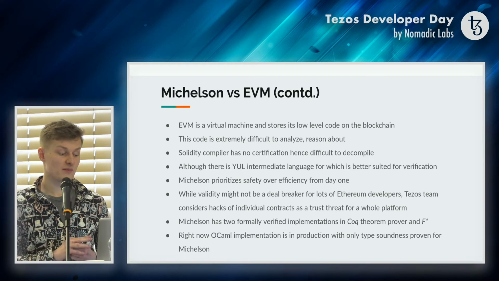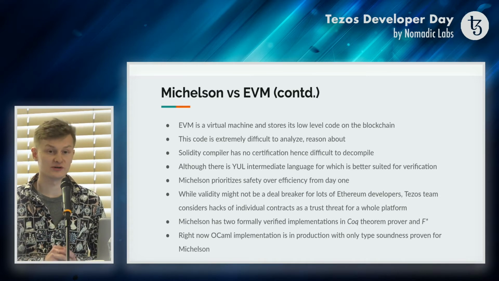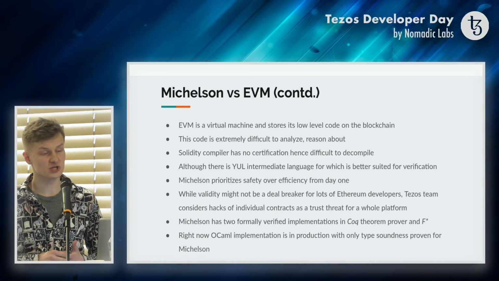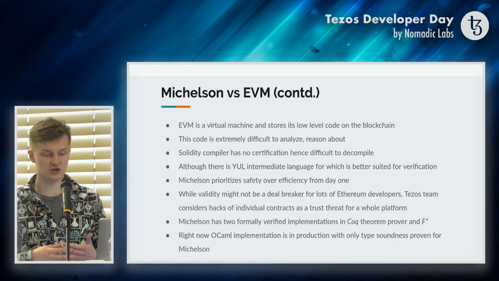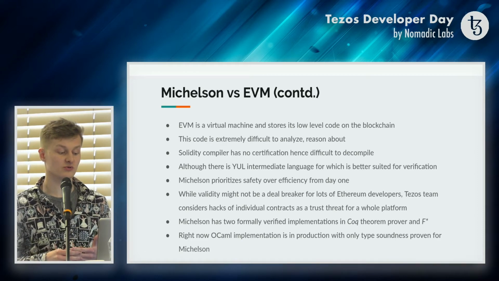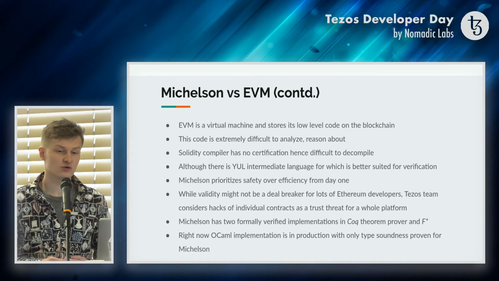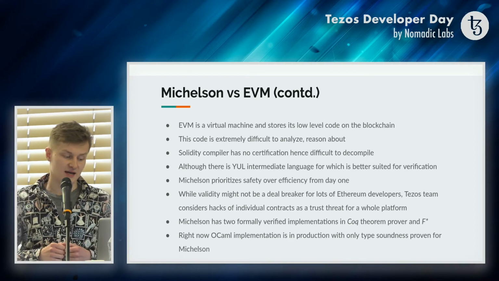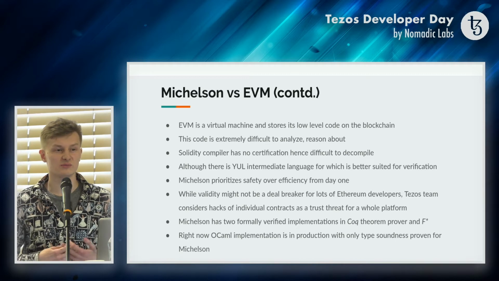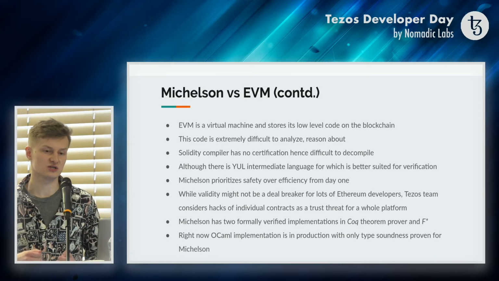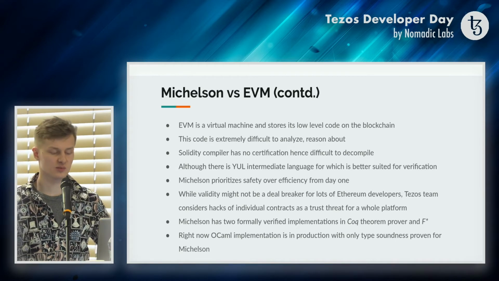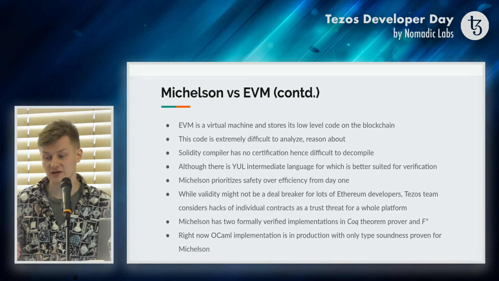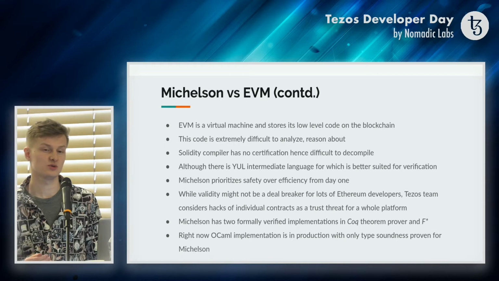So how does Michelson help us and how does it compare to EVM? EVM is a virtual machine and it stores low-level code on the blockchain. We store low-level code on the blockchain on Ethereum. And this code being submitted to the blockchain is extremely difficult to analyze. The Solidity compiler by itself doesn't have any certification, so it is also difficult to decompile the code. There are some advancements in this area, like the intermediate language named Yul,